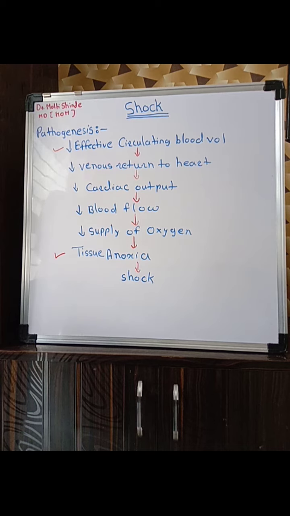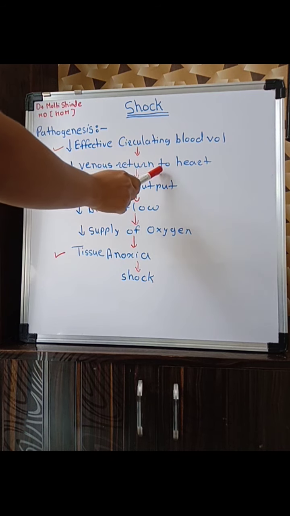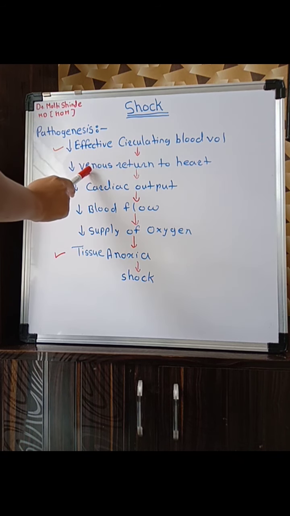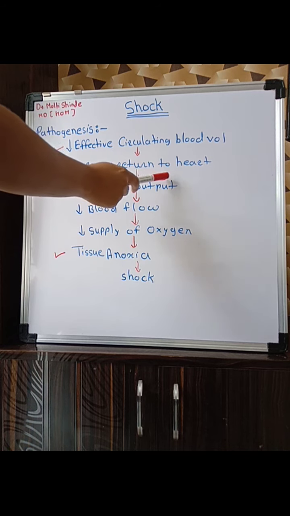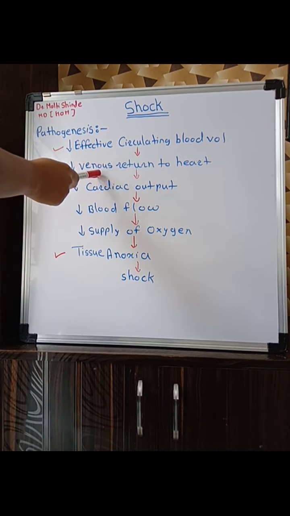All these causes lead to a decrease in the effective circulating blood volume, and when that effective circulating blood volume is decreased, that causes the second point, the decrease in venous return to the heart. When there is a decrease in the blood volume in the body, that causes a decrease in venous return to the heart, meaning the blood which goes to the heart also gets decreased,